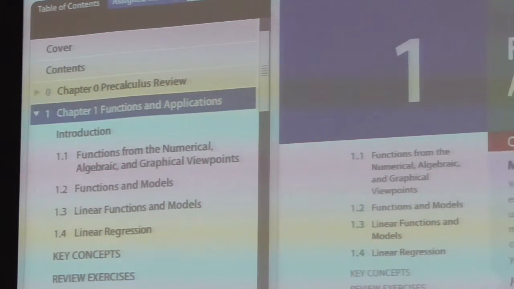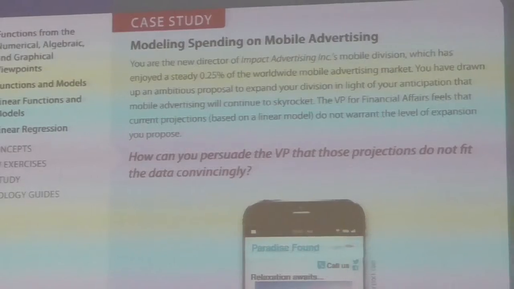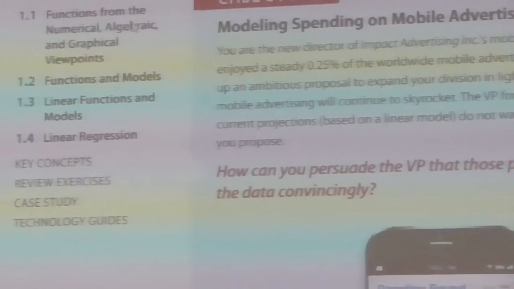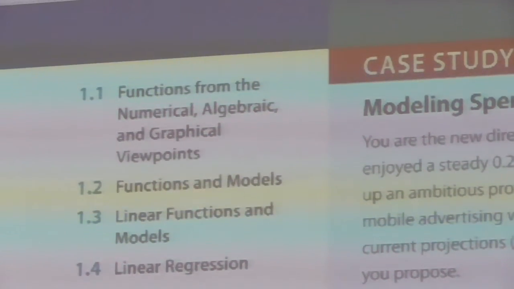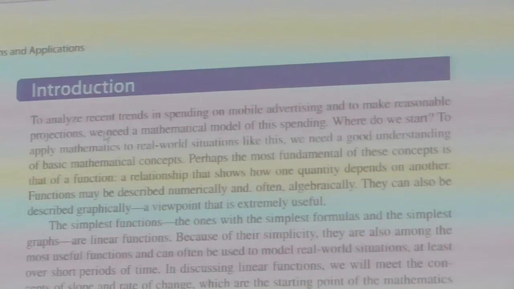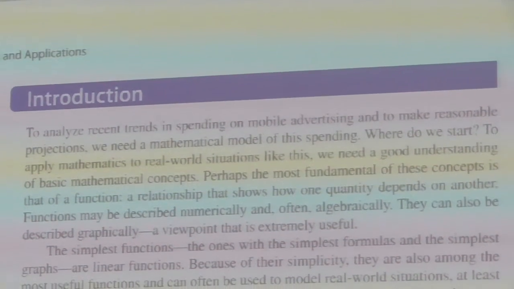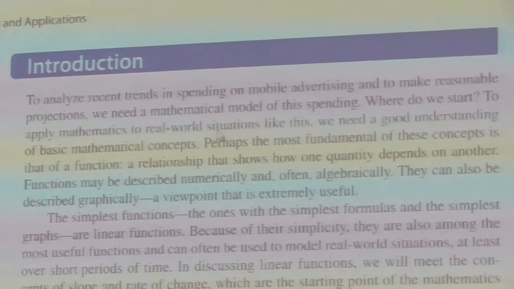Let's just read what he says, just to see the way this book is styled. This is called Functions and Applications: functions from the numerical, algebraic, and graphical point of view. And then to go to the next page, you have to do this. So let's just read the first paragraph. To analyze recent trends in spending on mobile advertising and to make reasonable projections, we need a mathematical model of